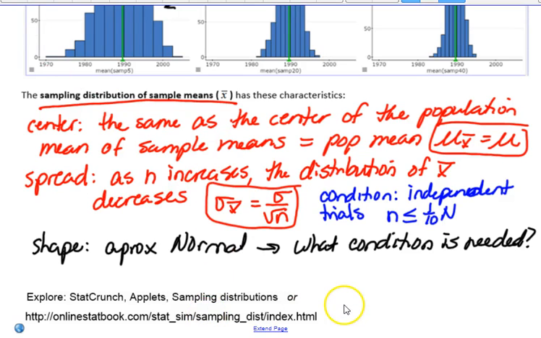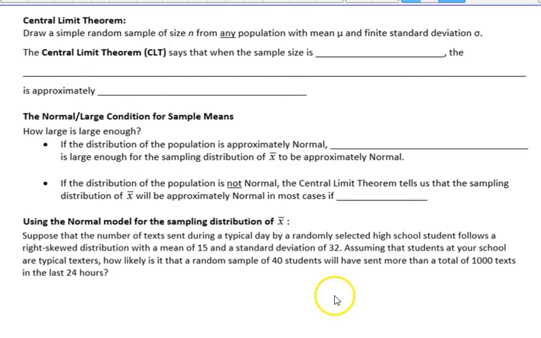So if you go to the next page in your notes, it says draw a simple random sample, and it's important that it is a random sample. If that's not a random sample, then all of our probability rules dealing with a normal model do not apply. It has to be a random sample of size n from any population with mean mu and a standard deviation of sigma. The central limit theorem, and we often abbreviate that CLT, says that when the sample size is large,